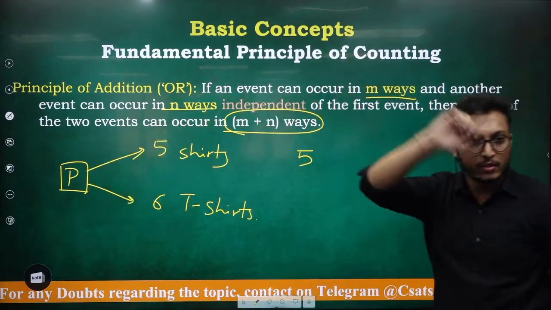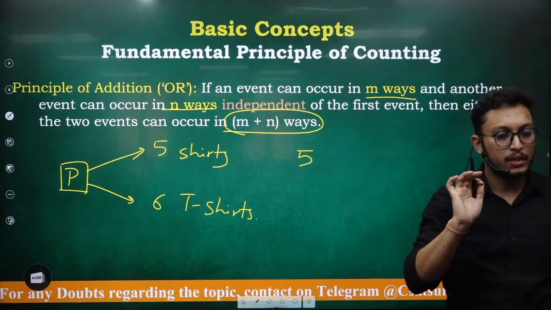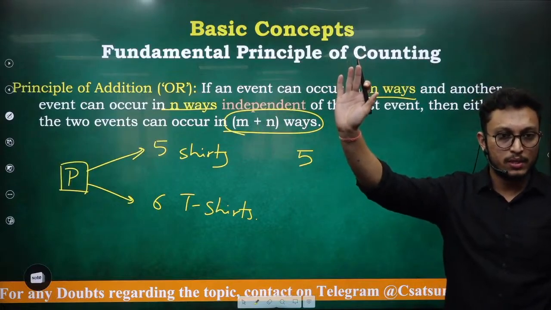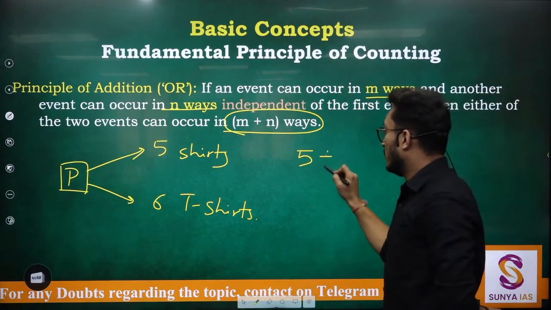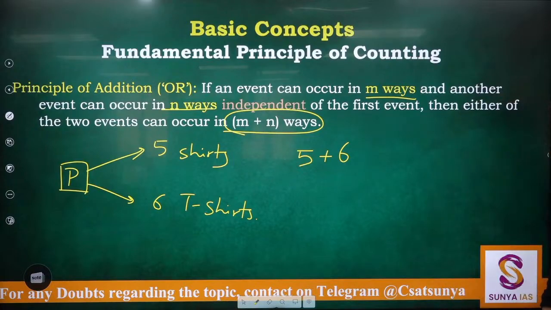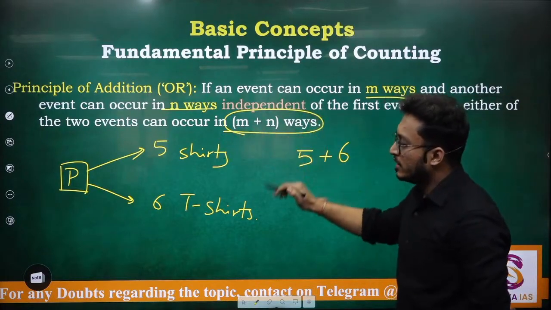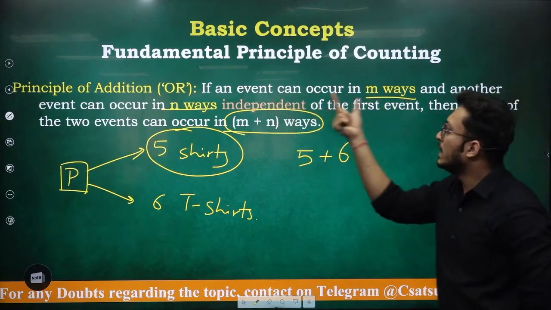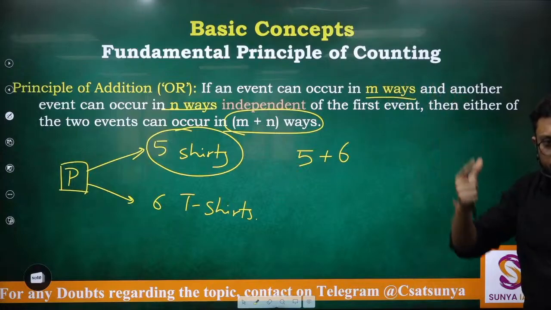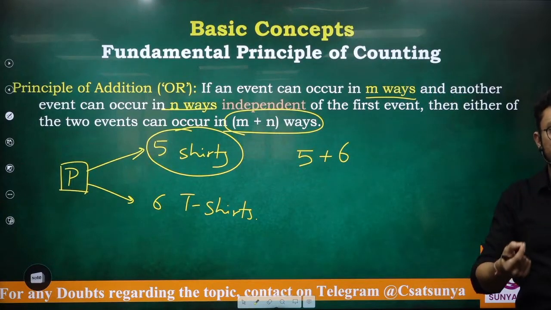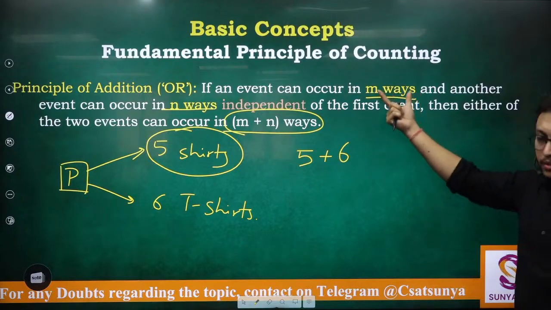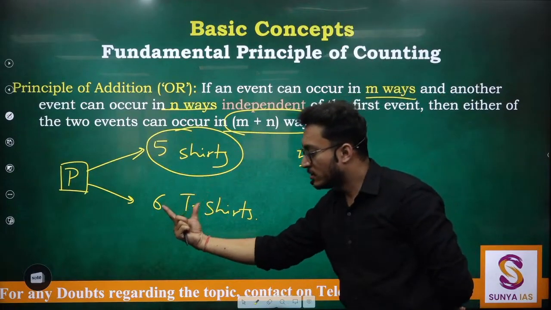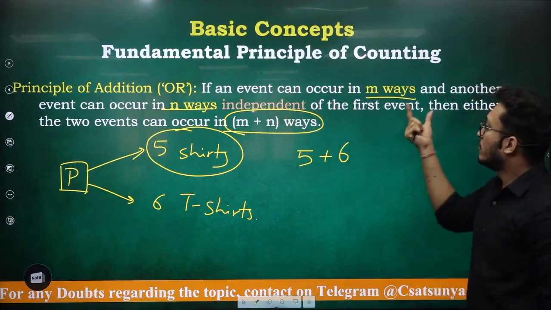I am saying this again; whoever already knows it will be bored in the first half hour. But if you miss this part, then what I teach half an hour from now will go over your head. So just be attentive. 5 plus 6. Now read again. This is the m ways which we were talking about. If an event can occur in m ways, if wearing a shirt along with the pant is one event, if it can occur in 5 ways, and another event can occur in 6 ways, independent of the first event,